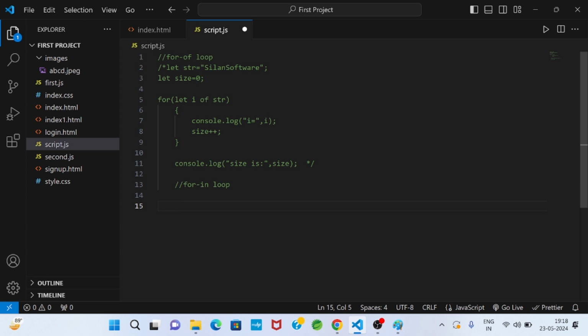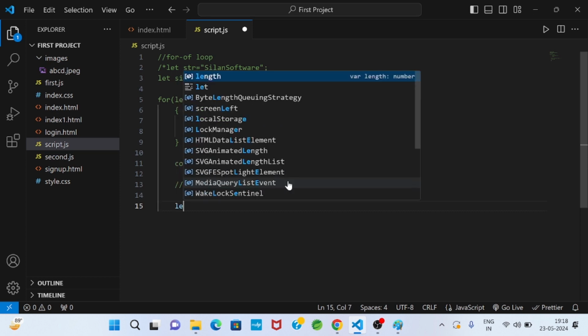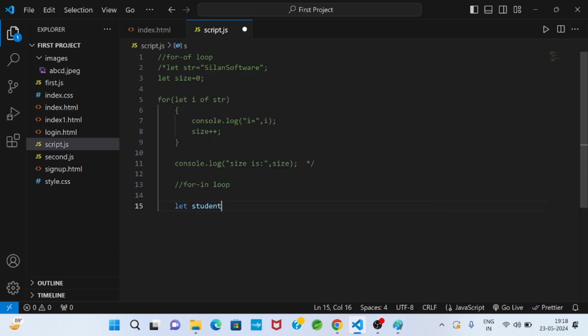So I will consider an object, let that be a student object. Suppose let student. How will I represent a student object?